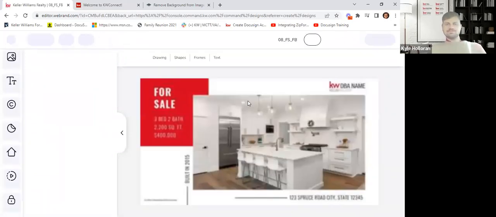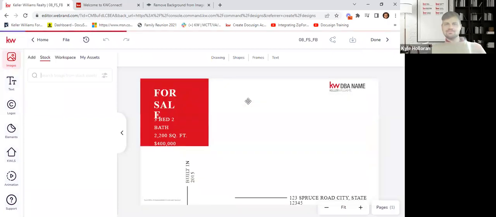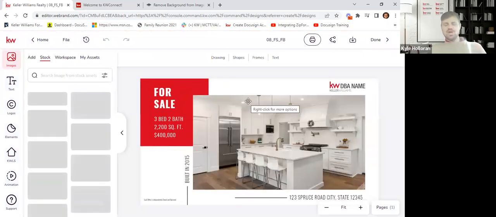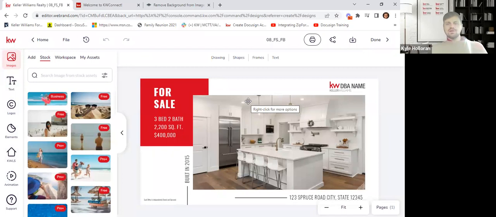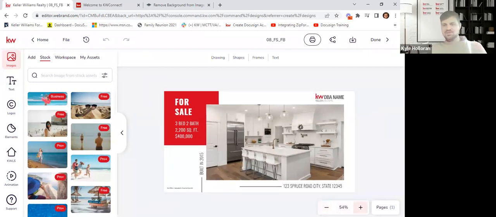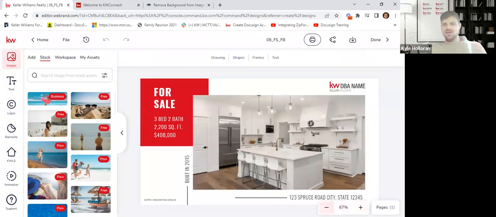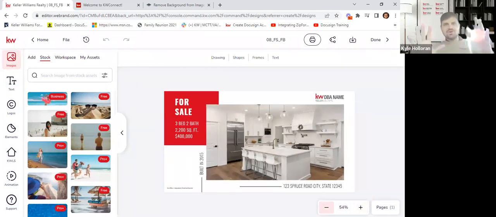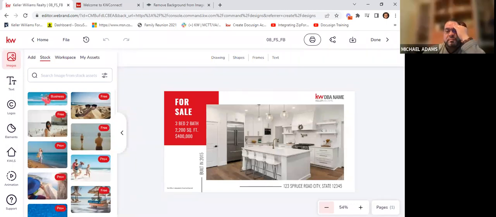Have I lost anybody? Okay. Here's the graphic, all right? Now down below here, I can zoom out if I want to. I can zoom in if I want to in the bottom right-hand corner, just so it gets into whatever view that you like to see so you can make your edits, okay? Now, what are some things on here from this template that we need to edit? If you were doing this for a listing, what are some of the things you'd be editing?